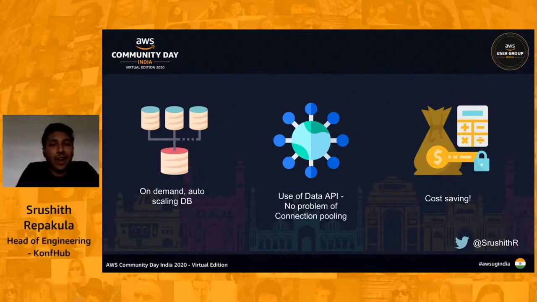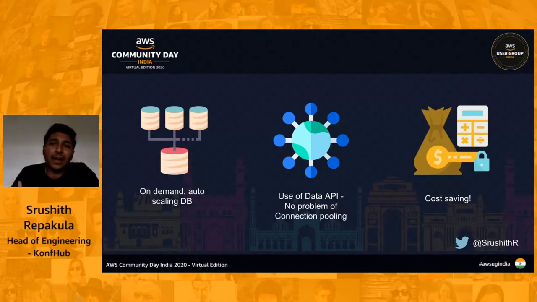So the database itself can scale automatically without us configuring anything. Of course, there's a star with everything that I talk about, right? You still have to make some configurations, but just to talk in general terms, we don't have to really worry about the connection management that is happening or the storage capacity that the DB has. All sorts of things are taken care of by AWS, and we have an on-demand auto-scaling DB for us, and it is still SQL, MySQL, or we can have Postgres, all sorts of things, right? We don't necessarily have to shift to DynamoDB.